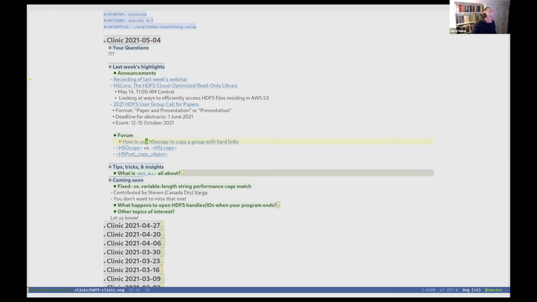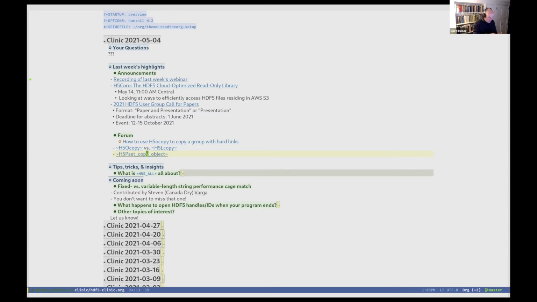But then, of course, in the case of H5Ocopy, if you look at the documentation, it's pretty extensive, and there are lots of corner cases, because the question is, an object can mean at least three different things at the moment.